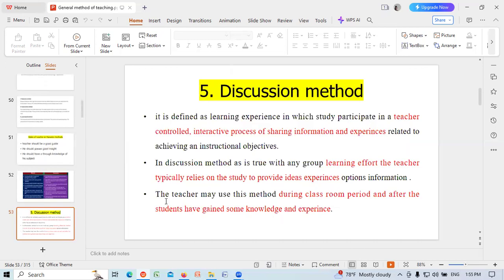Okay, discussion method. It is defined as a learning experience in which students participate in a teacher-controlled interactive process of sharing information and experience related to achieving instructional objectives. In discussion methods, as is true with any group learning effort, the teacher typically relies on the students to provide